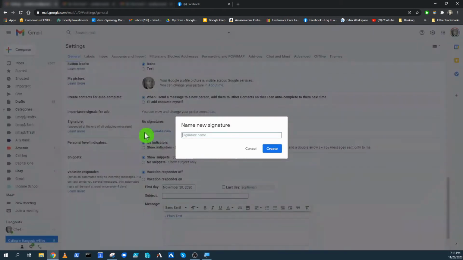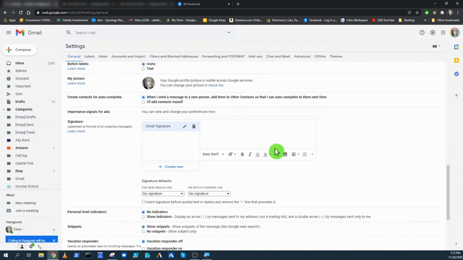And so we don't have a signature, so we need to create one. So you're going to click on that. And we're just going to call this Gmail signature. And we're going to go ahead and create that. And so as you can see here, this is just like your basic text editor. It's going to allow you to make some provisions on the color and the size, font, so on and so forth. So in here, you're just probably going to type your name,